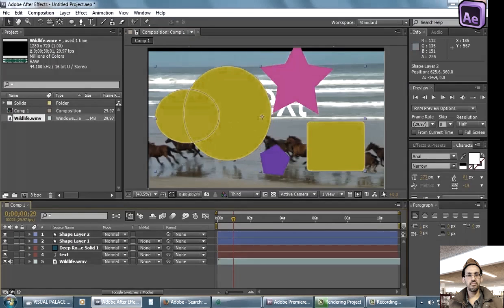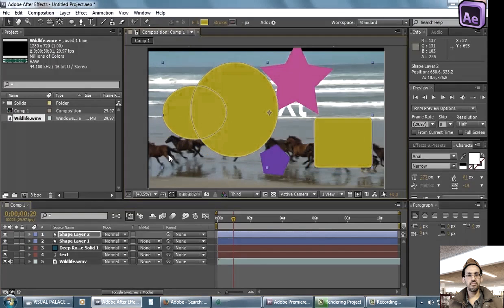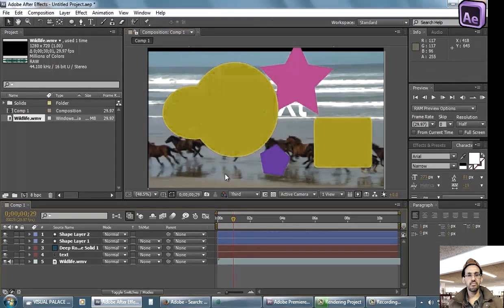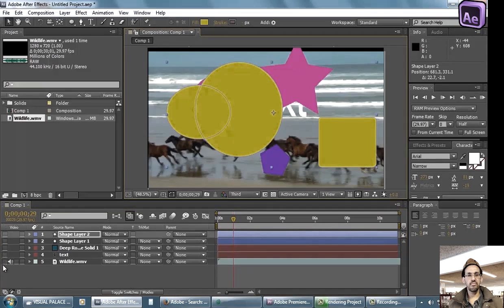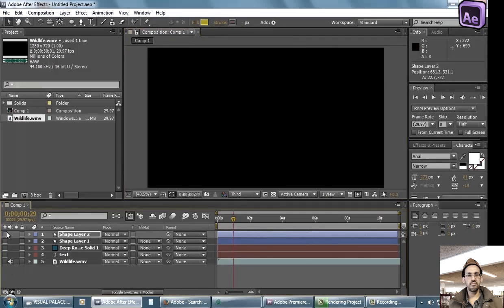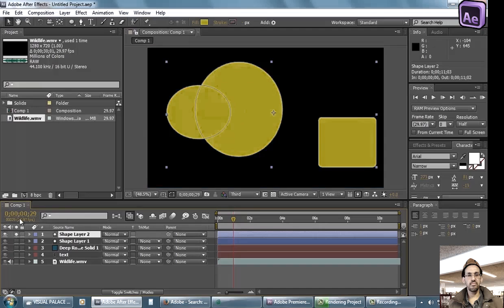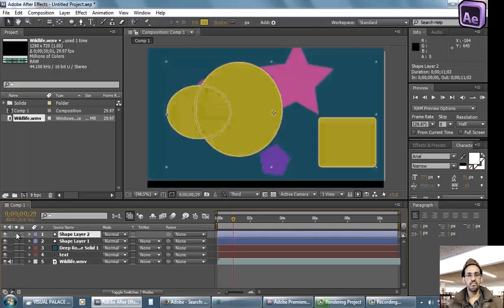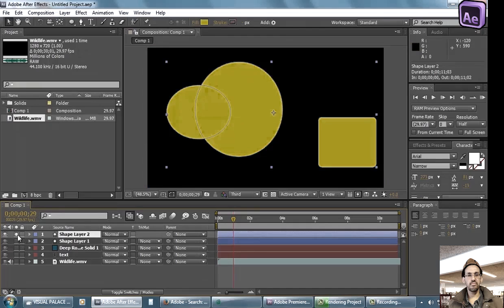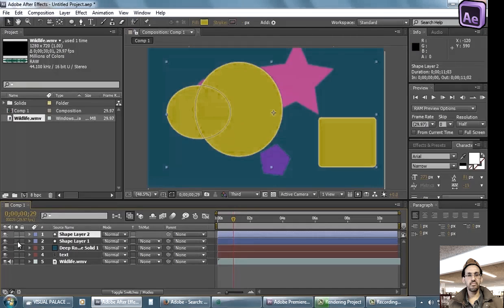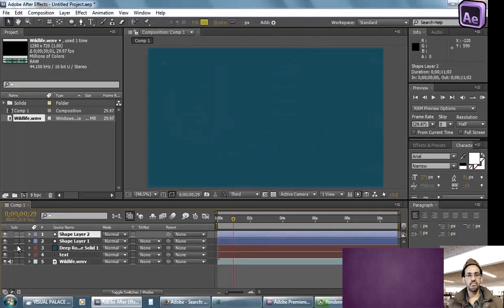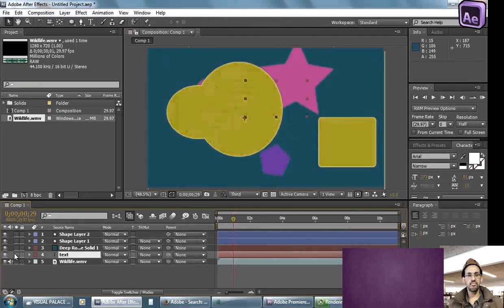We can also solo layers to only view that layer. So if I wanted to see only the yellow layer without first turning off all the layers, I'll just solo that layer, which is this, by checking this box aligned to that dot. This will hide any other layer but that layer. If I wanted to solo only the text,